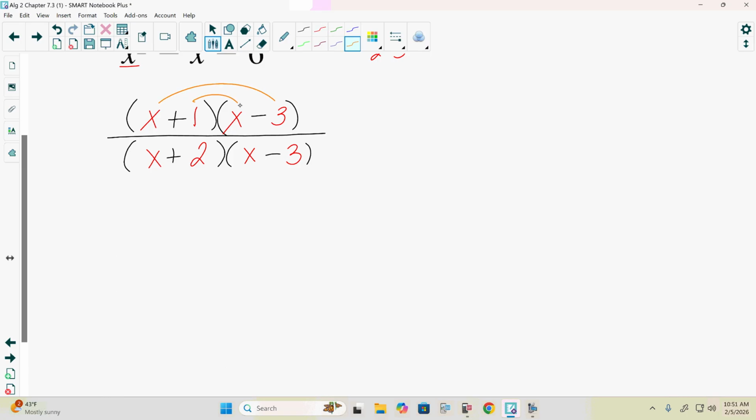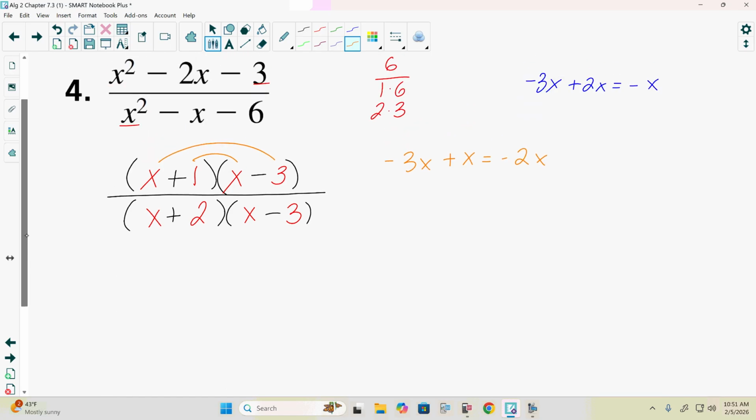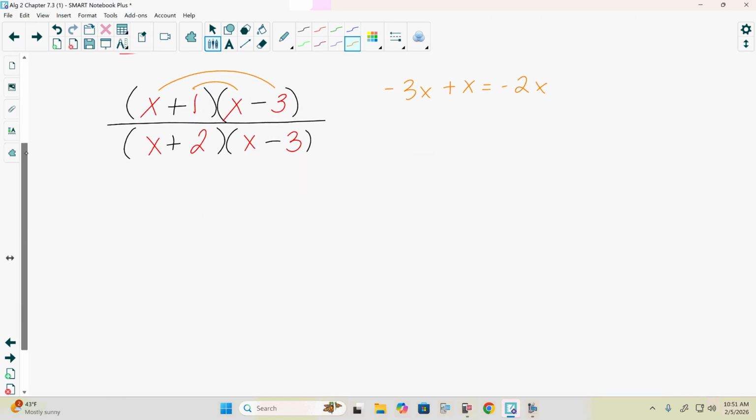So we can still check it. X times negative 3 is negative 3x. X times 1, or 1 times x, is positive 1x. Negative 3x plus x, negative 3 plus 1 gives us negative 2x. Is that the middle term we wanted? Yes. So that tells us that is the correct setup, which also means we have what in common on top and bottom? The x minus 3,